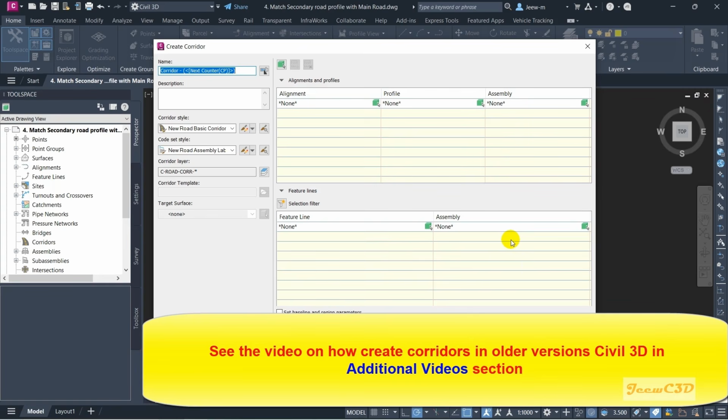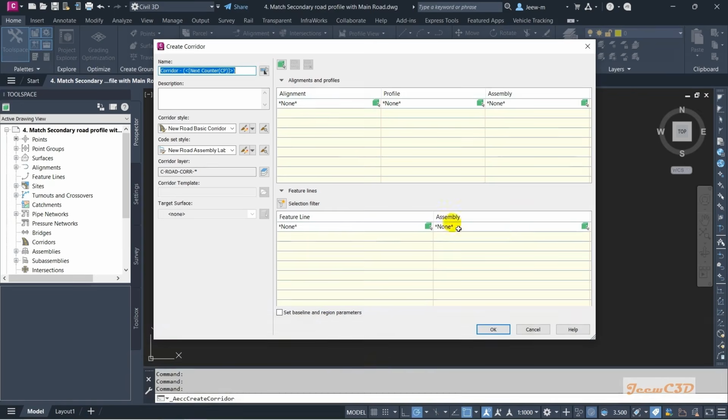But if you are using older versions of Civil 3D, like 2023, 22, or 21, you will see a somewhat different interface for the corridor, but you can understand where the locations are. You can fill out what I am doing here in yours as well. So my corridor name would be temp corridor. I'll say main road,